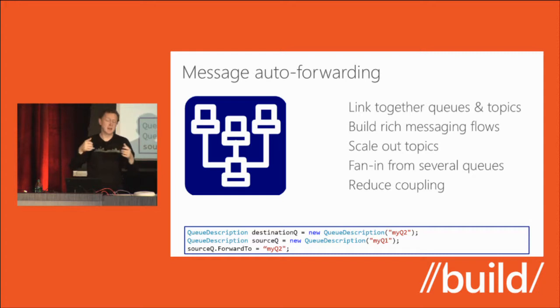So it's very easy to change the entity that a component is listening to, but that does require a configuration change of that entity. Here you can do it just by changing the forwarding and the network purely within Service Bus without having to touch those endpoints. So that's a very useful capability, and it's very easy to set up, as you can see, with this little